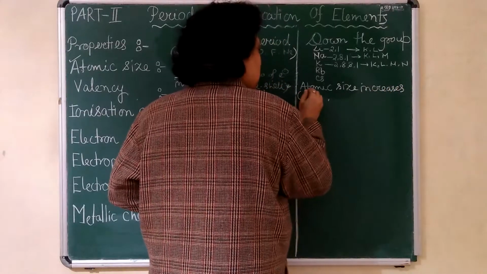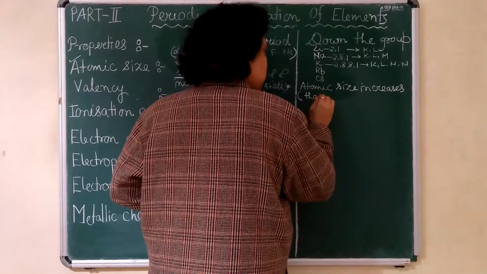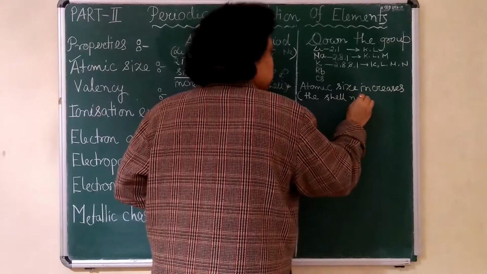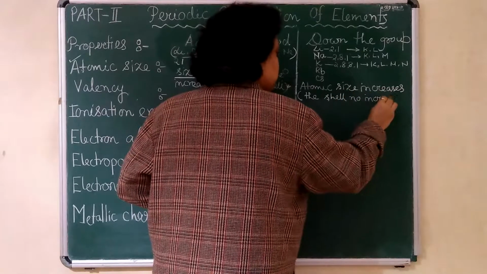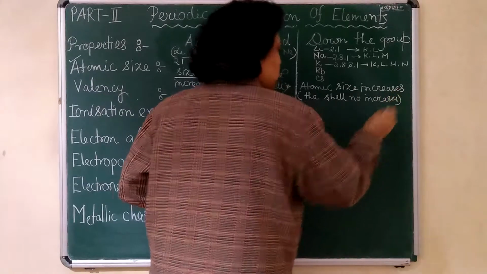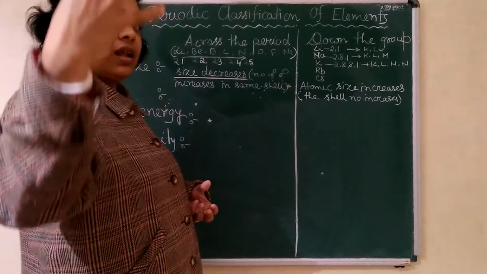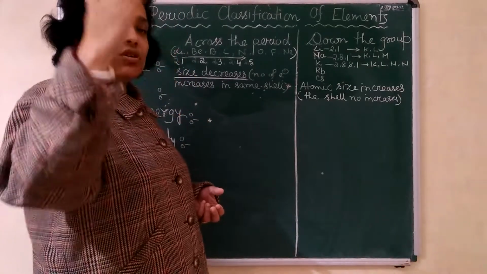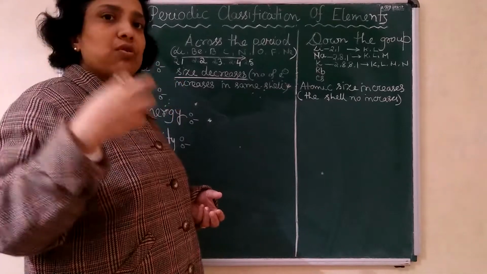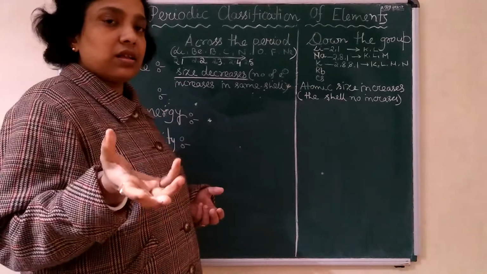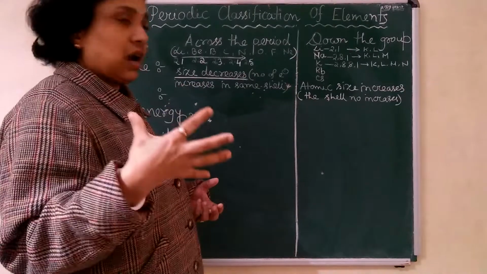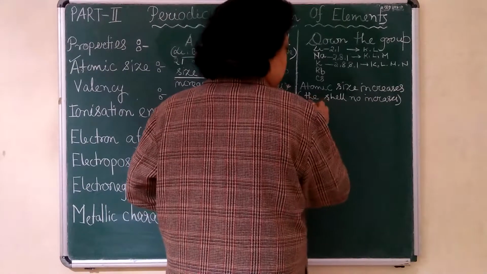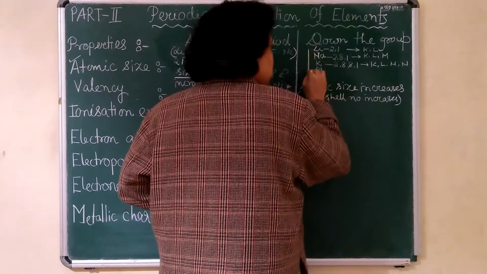The reason is that as the shell number increases, there is a distance between the valence electron and the nucleus. So due to the increase in distance, the nuclear force of attraction also decreases, and as a result atomic size will increase. So the main point you have to remember is that when you go down the group, the number of shells